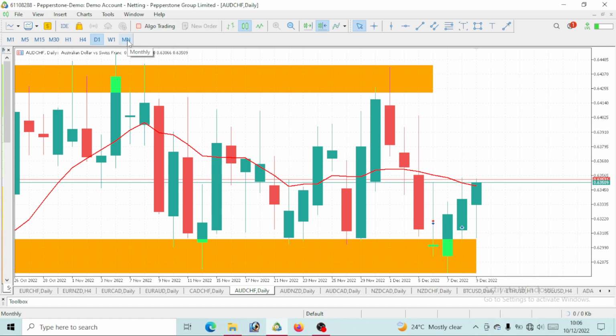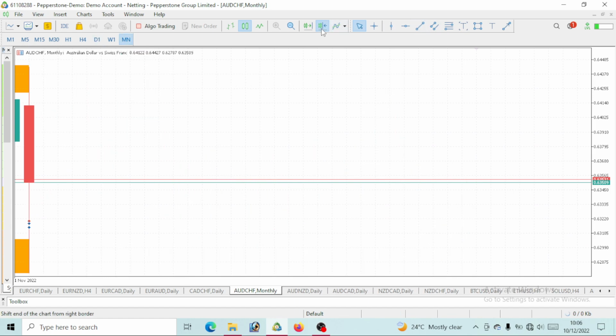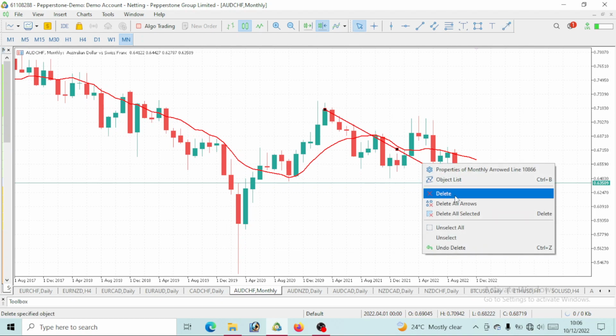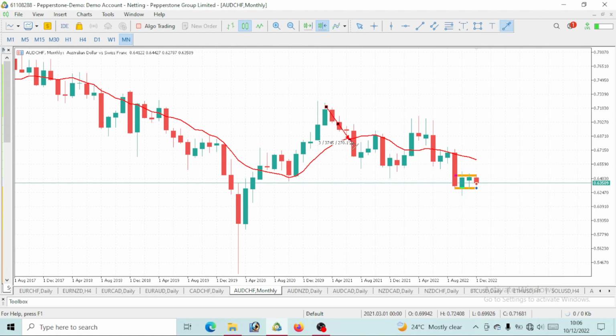In order to predict such movements, we would want to analyze it from the higher time frame, which is the monthly time frame. Before you take a trade, especially on the monthly time frame, you would want to ask yourself, what is the trend at this moment? Clearly you can see that AUD Swiss franc is a bearish move, right? You are seeing lower lows and lower highs. Here comes a pullback, right? Price gave us new lows that broke the previous lows, then price went up and hit these highs, right? No doubt about that.